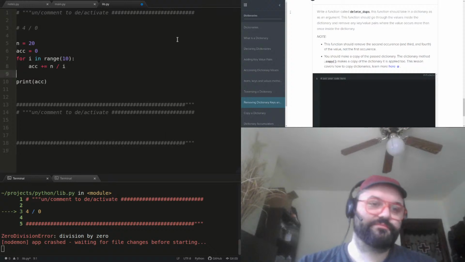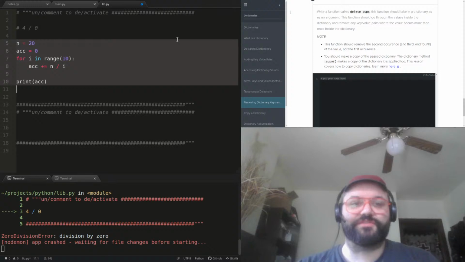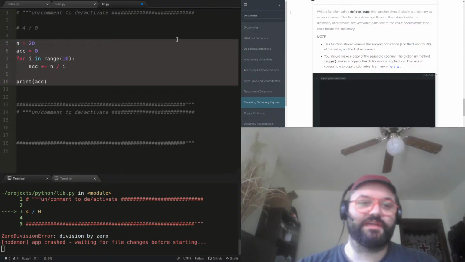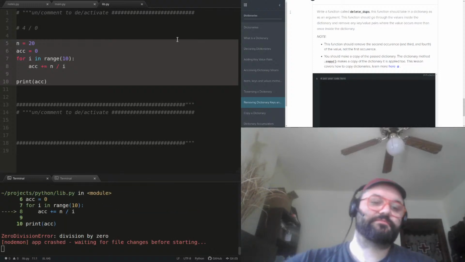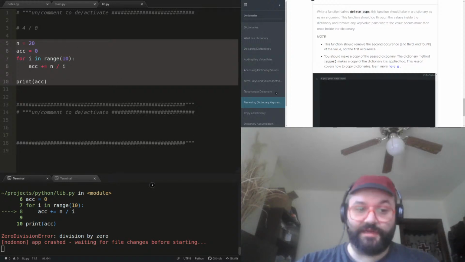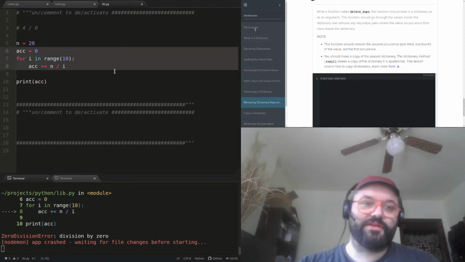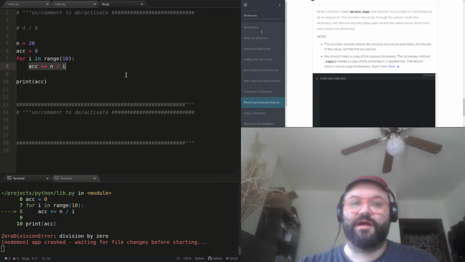Why not? The details of what's happening here aren't that important. I'm just writing code that I know is going to give me this zero division error, because I know that Python throws a zero division error when you try to divide something by 0. It's just a random for loop. We've got an accumulator, and I'm trying to accumulate the sum of n over i.